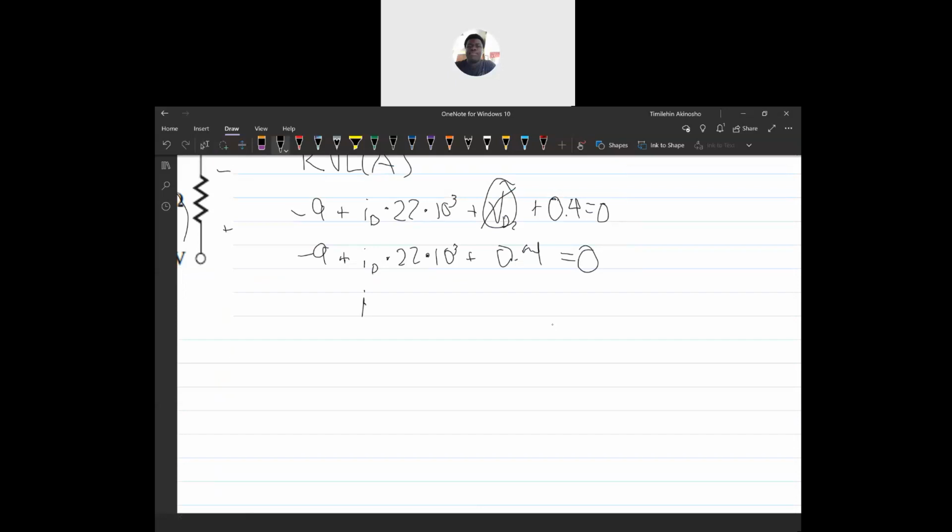Your diode current equals 9 minus 0.4 over 22 times 10 to the third. And that would give you a current value of